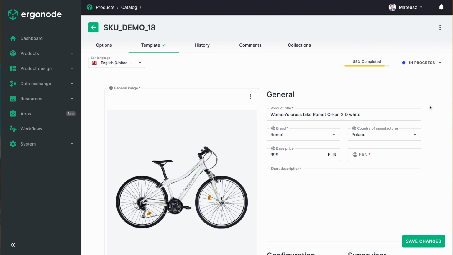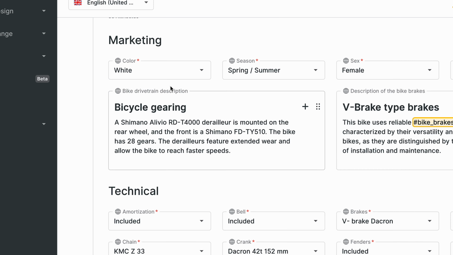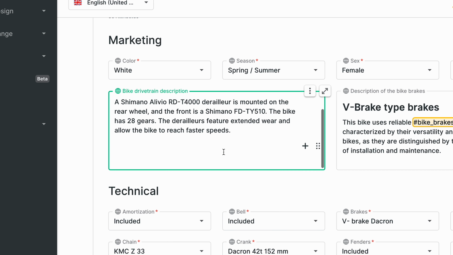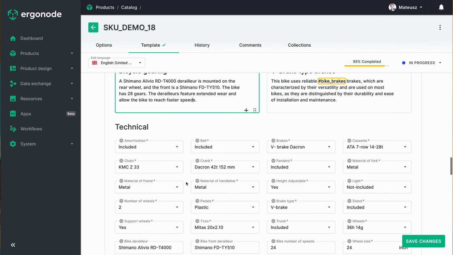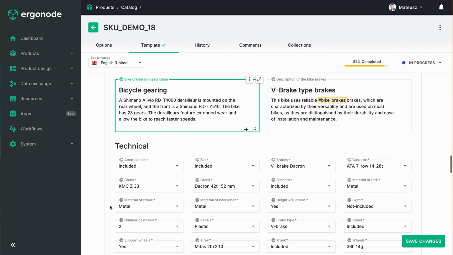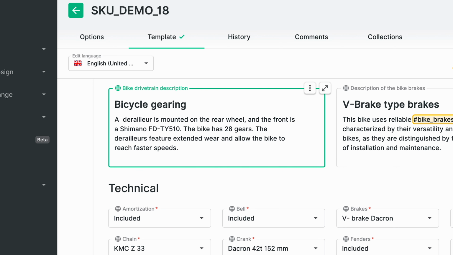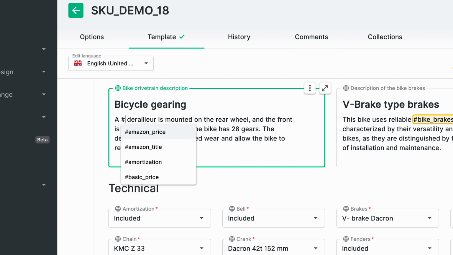Let us start with finding the description of a bicycle's drivetrain on the product card and reworking it to make use of the values of attributes designed for describing technical specifications. Let's supply the name of the rear derailleur. In order to call up the value of a particular attribute, we need to make use of the hash sign. Once we type it in, we need to also type the name of the attribute we wish to make use of,